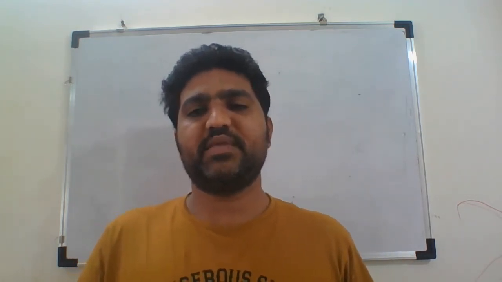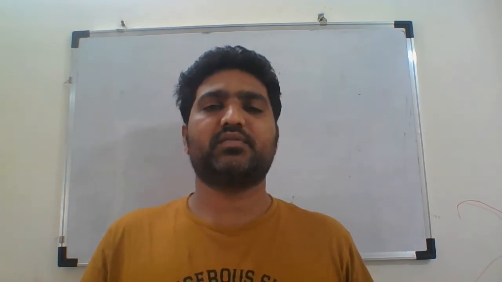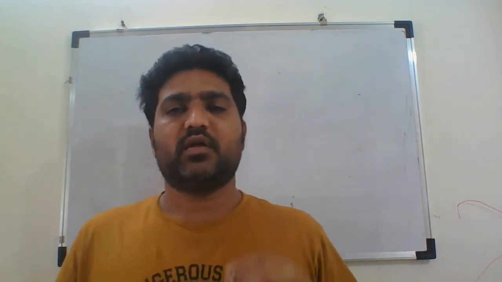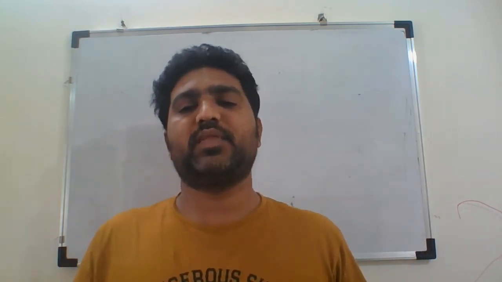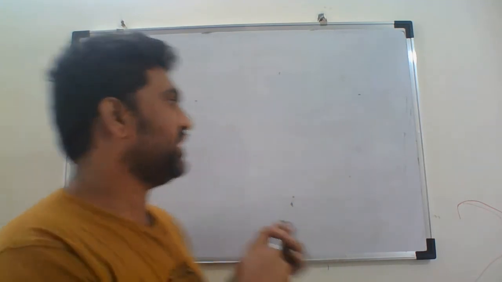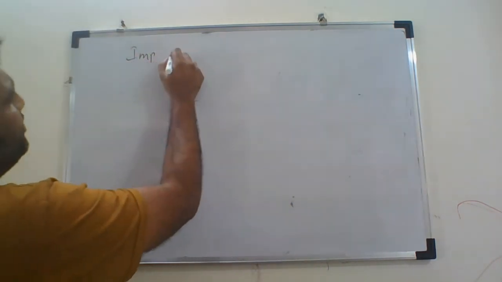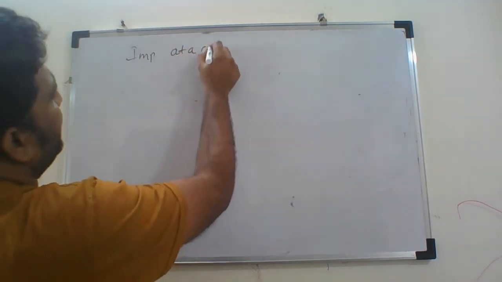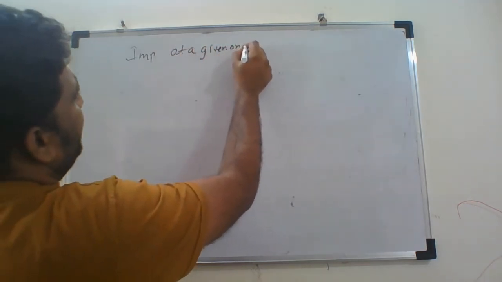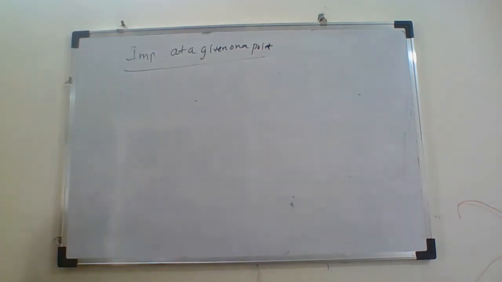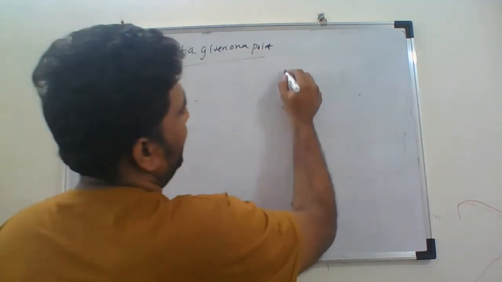So in this lecture, we will be discussing the various impedances that we get in a transmission line. First of all, let us derive the expression for impedance at any point on the transmission line. So the next topic is impedance at any given point on a transmission line. For this, let me consider a transmission line